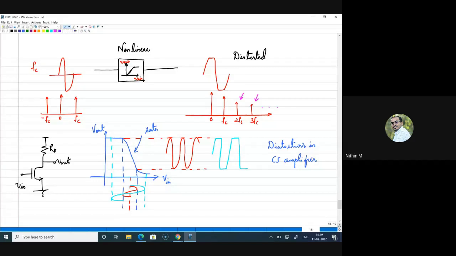So what we will do is we will understand the effect of nonlinearity, and we will characterize nonlinearity. Generally, nonlinearity is characterized by certain performance metrics. So for example, you may be given that you have to design an amplifier, but you have to make sure that the total harmonic distortion should not exceed beyond this level. That means that total harmonic distortion is a parameter which is used to characterize a nonlinearity.